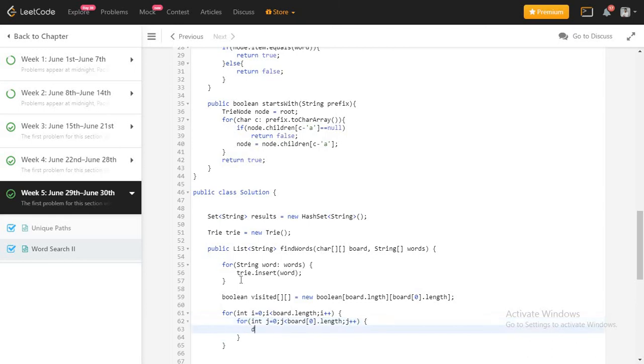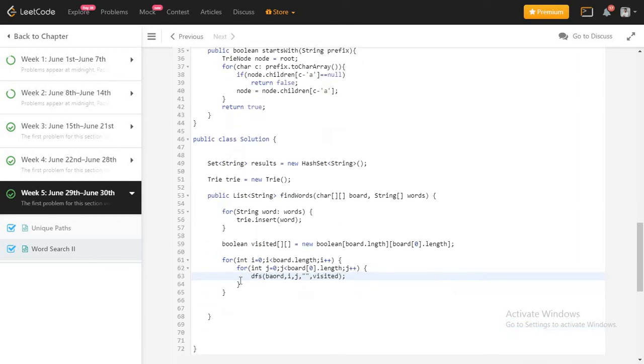And then I am going to call my DFS function. In the DFS function I need to pass the existing board, the counters i and j, and one string, which at first I am going to pass as blank, then the visited array, the flag array. So these are the inputs I need.